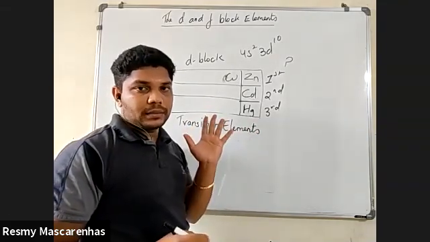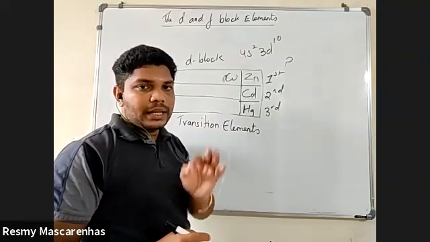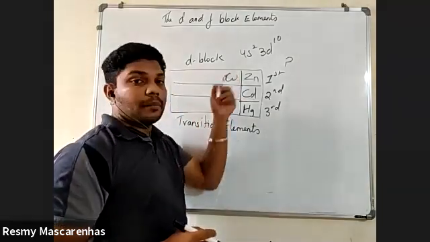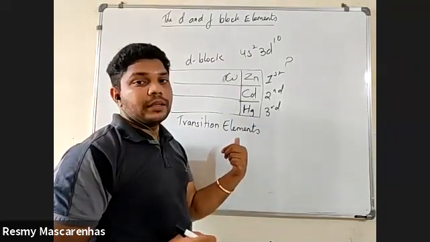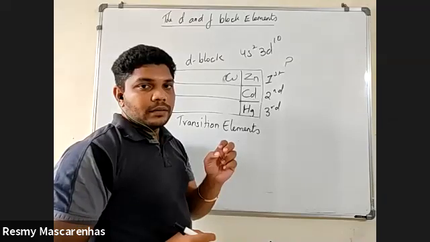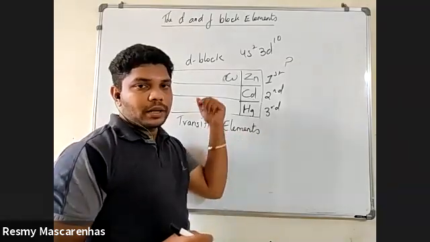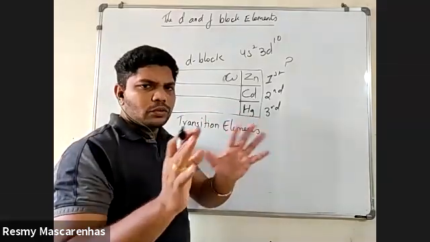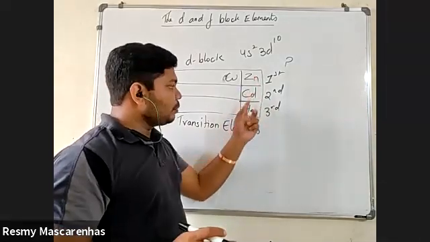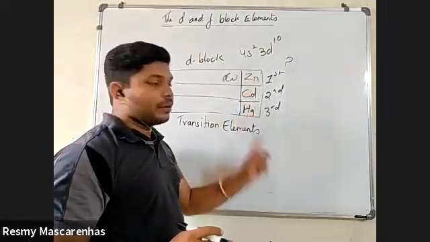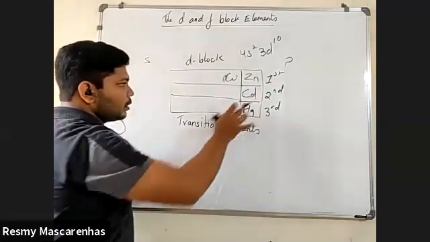Very important question here. Whenever anybody asks which element in the D block cannot be called a transition element, what is your answer? Group 12: zinc, cadmium, and Hg, mercury. No need to say which group. Zinc, cadmium, mercury. Remember these three words. Will you remember this? Yes, sir.